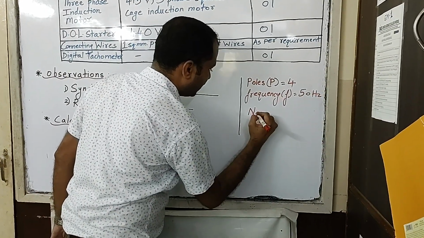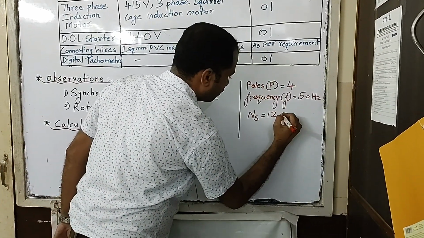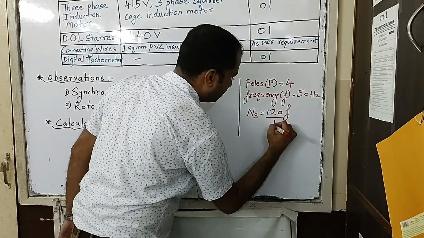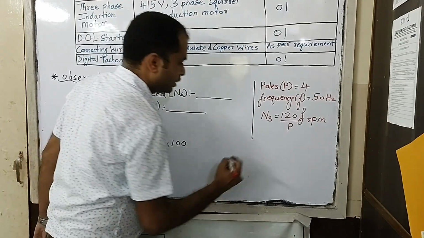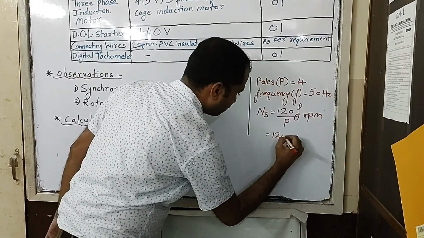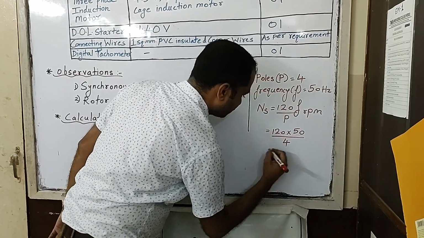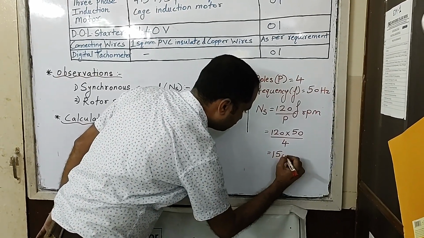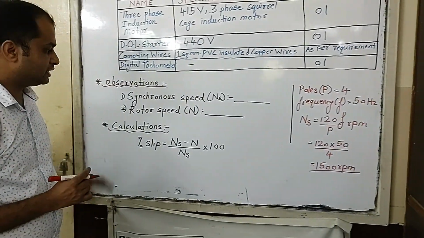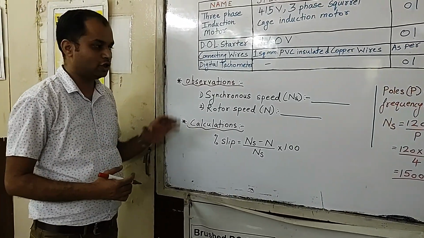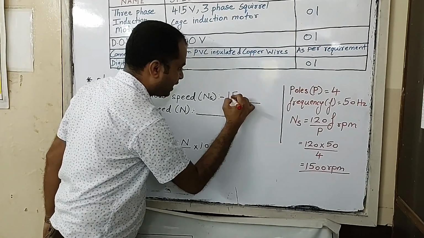So we need to calculate synchronous speed ns by using the formula 120 F upon P, and its unit will be revolutions per minute. So when we do this calculation, 120 multiplied by 50, number of poles 4, we get the value of ns equal to 1500 rpm for our motor. So we have to note this down, ns, in the observation. So we will write here synchronous speed ns is equal to